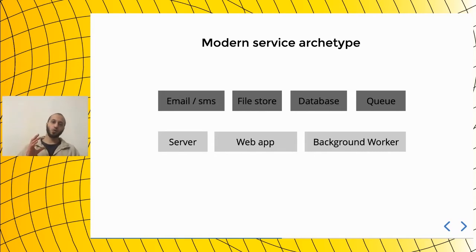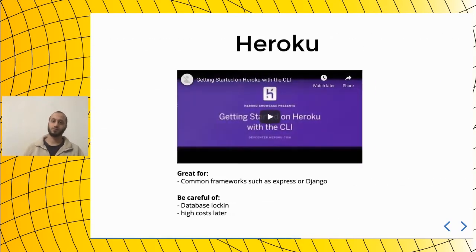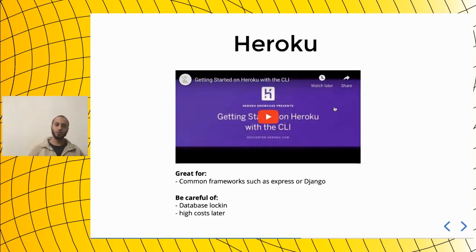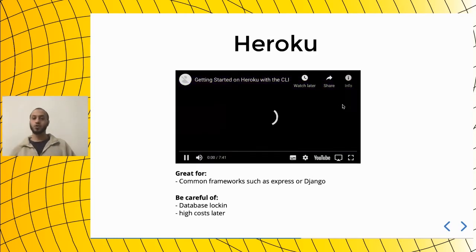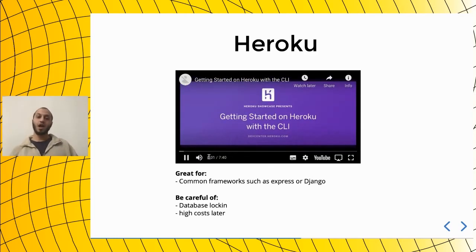So once we agree on this definition, we can then go ahead and talk about all of the platforms as a service and see how they enable us to build an application like this. So let's get started. Heroku was one of the first platforms as a service to arrive. It was mainly focused on Ruby on Rails, to allow you to deploy apps easily. And in my view, it's quite easy to use if you already have